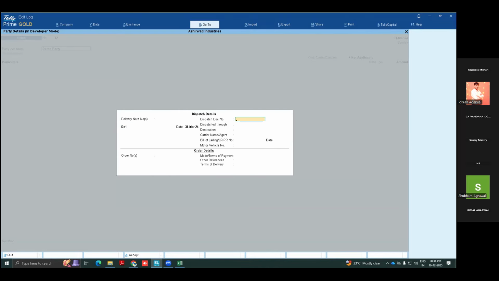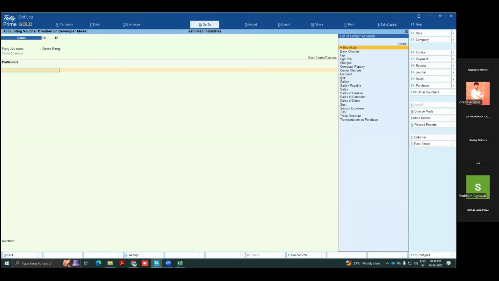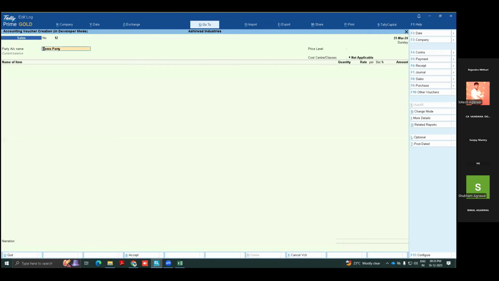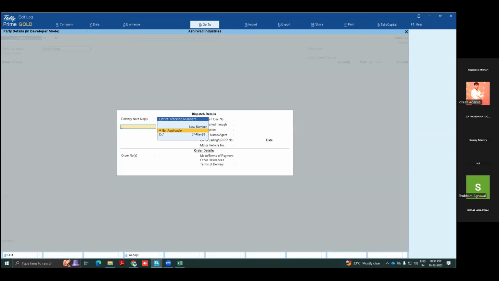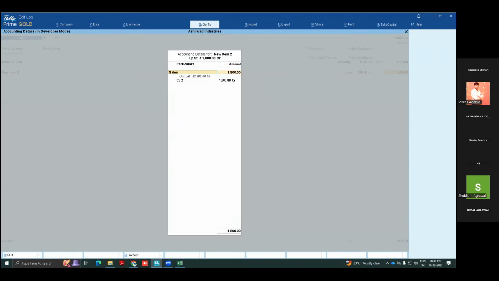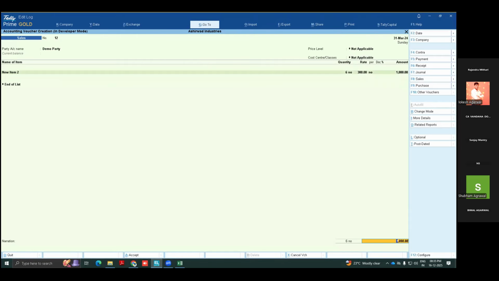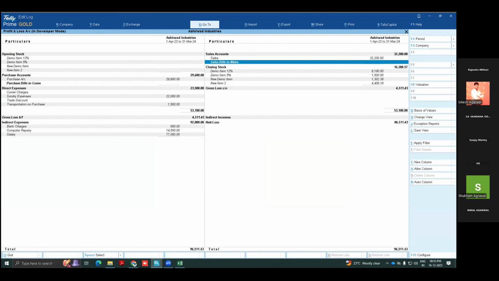Delivery note, 31st March. And here the item should come automatically. Oh sorry, it should be an item invoice. What happens is that when we passed some entries previously, those were account invoices. Now we are in item invoice. Here you can select demo party, select delivery challan, Control A. See, the item is automatically selected, quantity is selected, rate is selected, also tracking is selected. So everything is automatically selected. You have to just save with Control A. Now you can see profit and loss is not going to show you sale bill to make. It is blank.